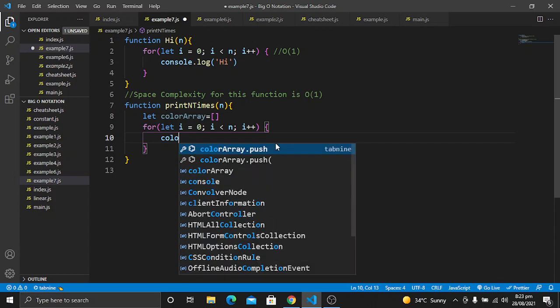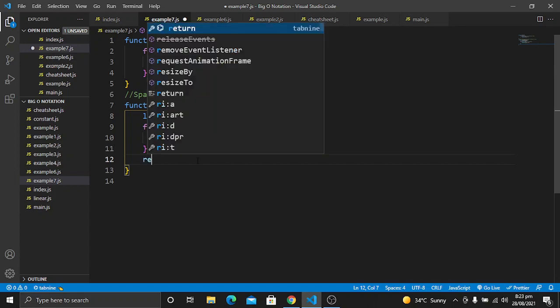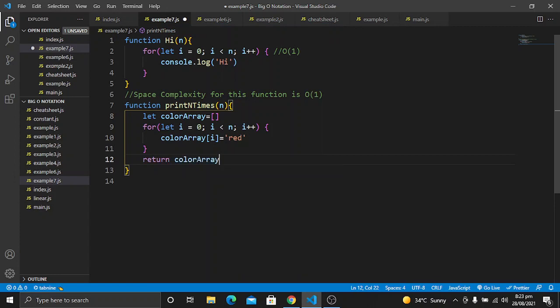For every index I want to store this color red in the color array, and from this function I will return this color array.